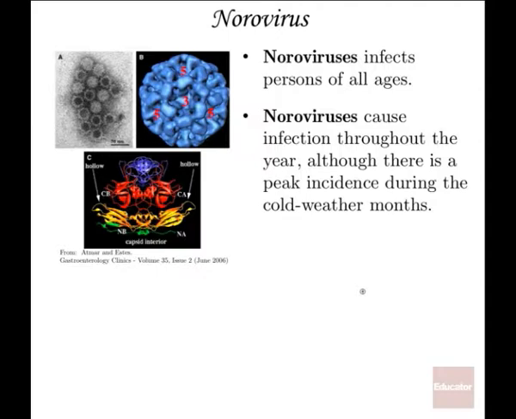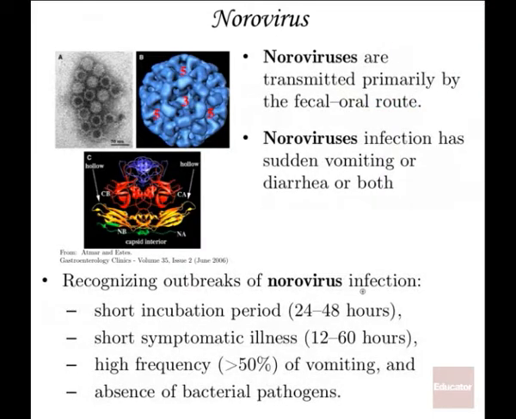It infects persons of all ages, and there's a particular peak time during the cold winter months. Also, the virus is transmitted primarily by the fecal-oral route, and the infection will cause extreme vomiting and diarrhea,